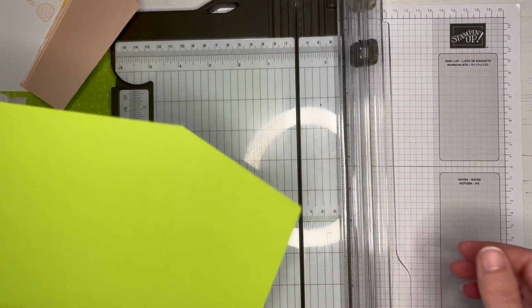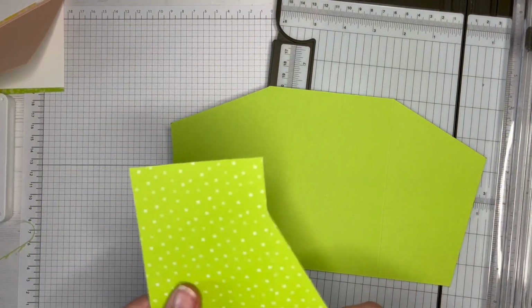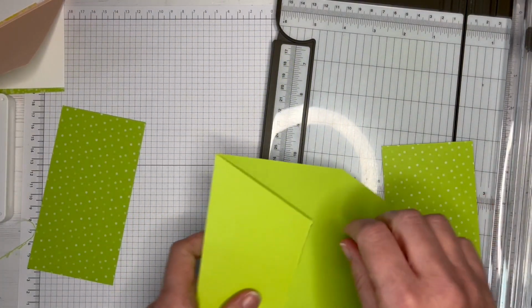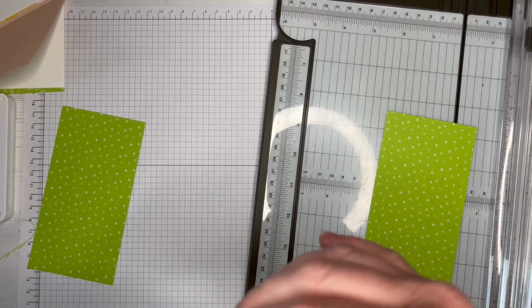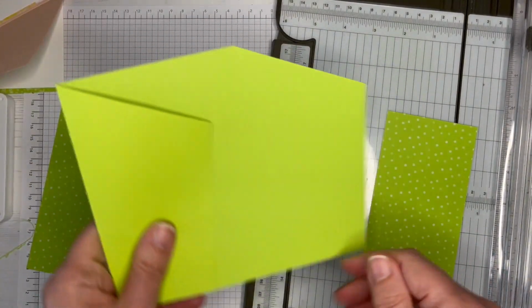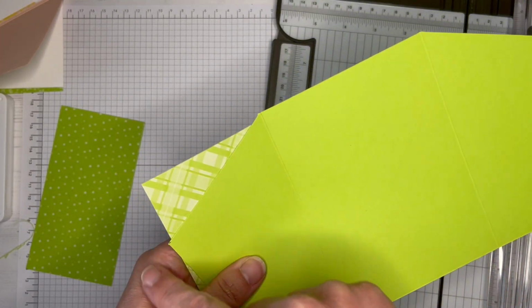Now I need to have my designer series paper fitting that as well. So the designer series paper measures 7.5 centimeters by 14 centimeters. Let me tidy that a little bit. And so that would normally sit on like that, but we've obviously chopped bits off, so we need to do